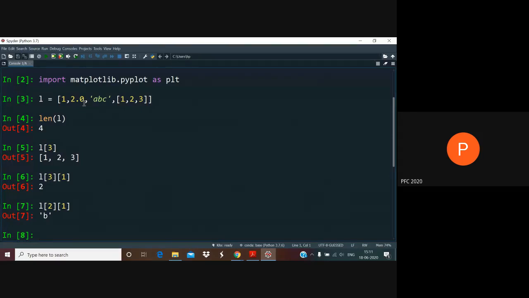Yesterday I talked about various means of creating an array. The most obvious one is to start with what is called an array-like object, which is any object which can be converted to an array. The most common examples are lists and tuples, and you can convert that to an array by simply using the np.array command. So this was one of the first examples that we looked at. Inside the argument of np.array, I have to give an array-like object. In this case, I'm giving a list.